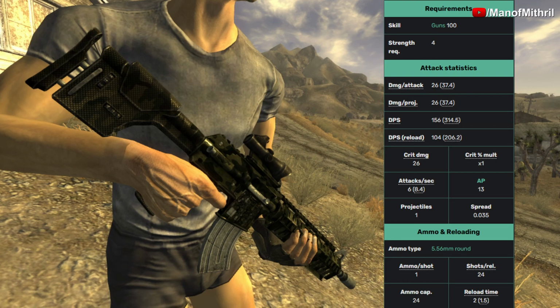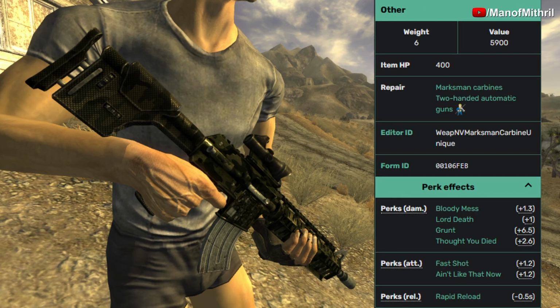It shoots 1 projectile, and its spread is 0.035. That is pretty dang small. It uses 5.56mm rounds. It shoots 1 ammo per shot. It's 24 shots to reload. It's 24 in the magazine, and its reload time is 2 seconds. It weighs 6 pounds, its value is 5,900, its HP is 400, and the perks that affect this weapon are